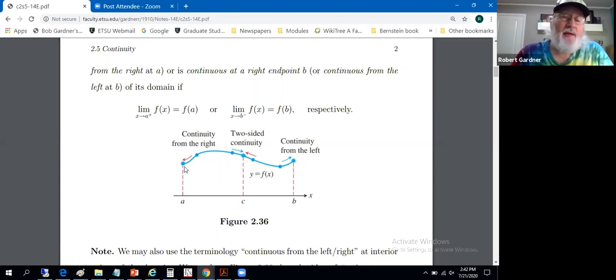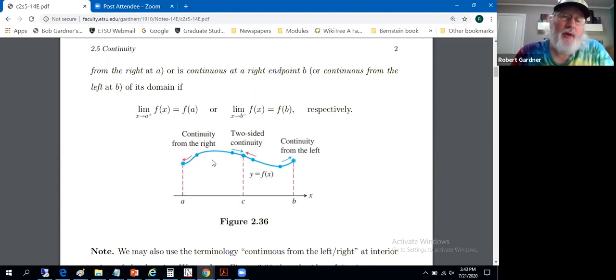Over here at this left-hand endpoint of the domain, we take a limit from the right. Left-hand endpoint, right-hand endpoint. So you take, as it were, limits from inside the interval a to b. We'll take x values greater than a that approach a, x values less than b that approach b, because that's where the function's defined. So think of the function coming in from the right to this left-hand endpoint, trying to pass through. It's a one-sided limit, probably trying to contain is a better word, trying to contain this point, and it succeeds